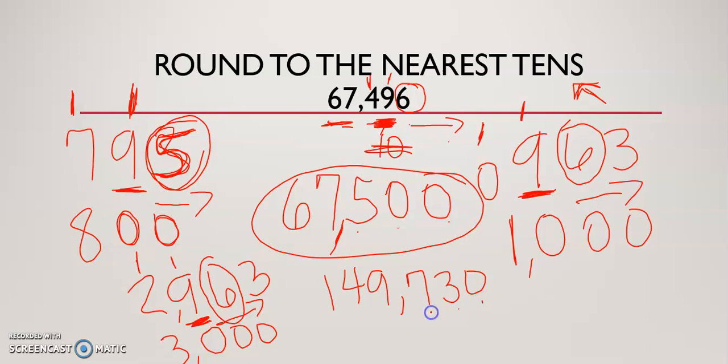Ones, tens, hundreds, thousands. Okay, circle the digit that's to the right. If the digit I circled is 5 or more, I raise the score of my target. If the digit I circled is 4 or less, I give my target a rest. So I have a 7, so that means my 9, which is my target, needs to raise the score by